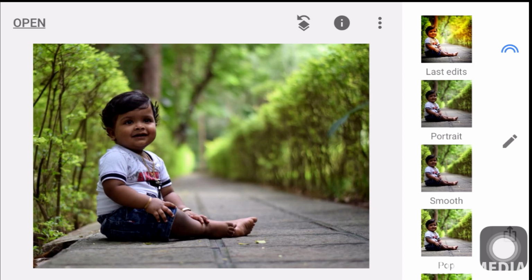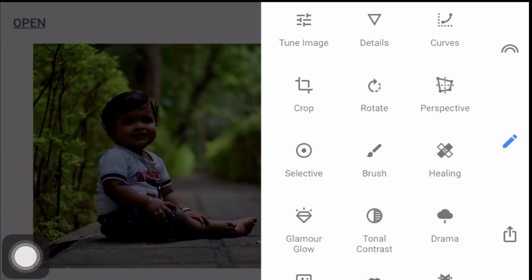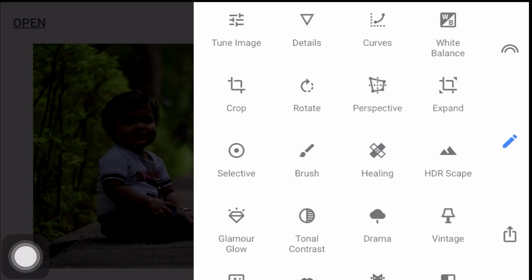Now we can see what the basic features of this app are. You can see this pen-like button. If you click this, we can see the various adjustments. The first one is tune image.